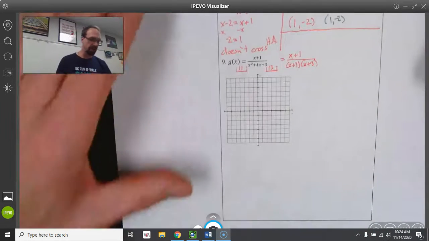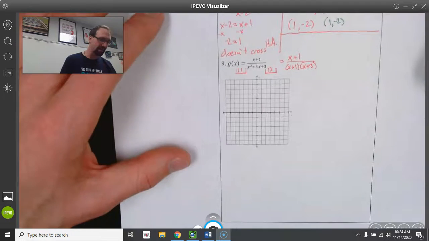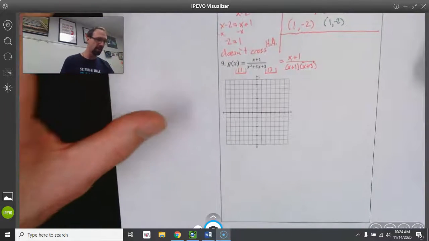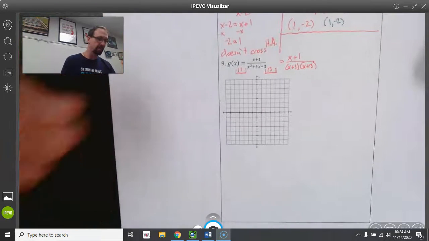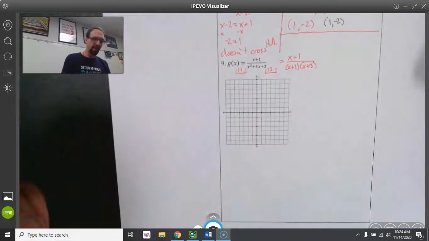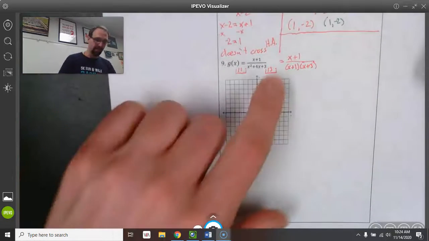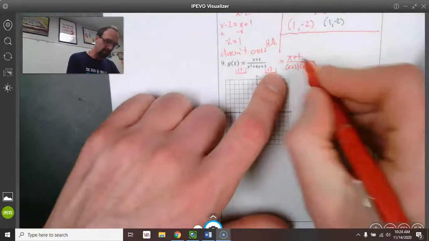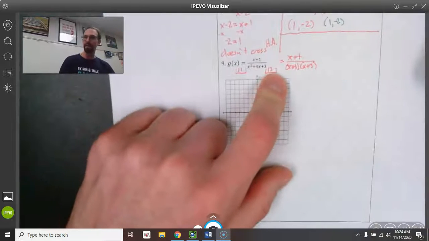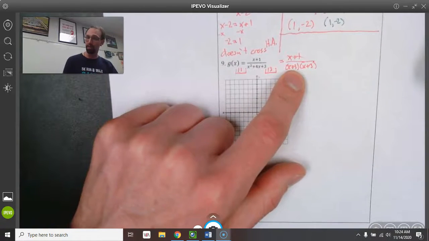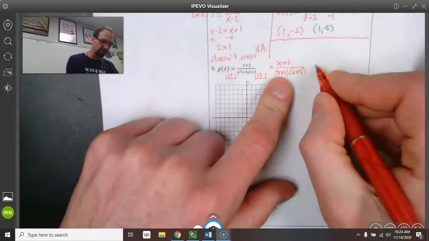Step 1, find the vertical asymptotes. We do that by setting what's in the denominator equal to 0. However, in this case, we actually have something that cancels. The x plus 1 in my numerator and denominator cancels. That means I'm going to have a hole in the graph. So to find out where the hole is,